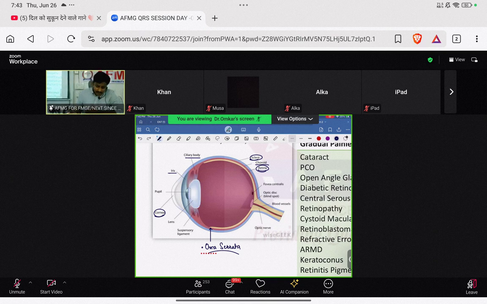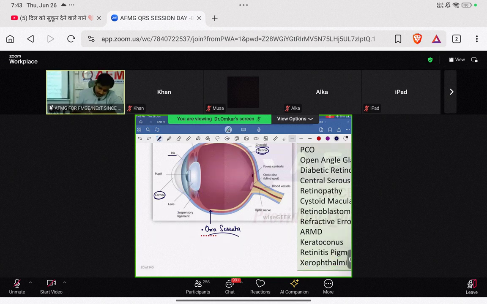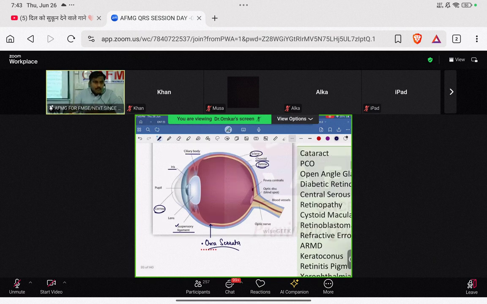We know lens hangs in the eyeball, beta, with the help of these ligaments. तो ये जो suspensory ligaments हैं, which are connected to the ciliary body, beta, help the lens to hang inside the eyeball, बच्चे. Clear? So these suspensory ligaments are also known as zonules, beta.